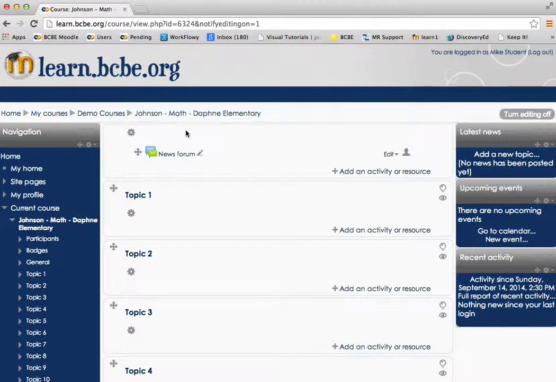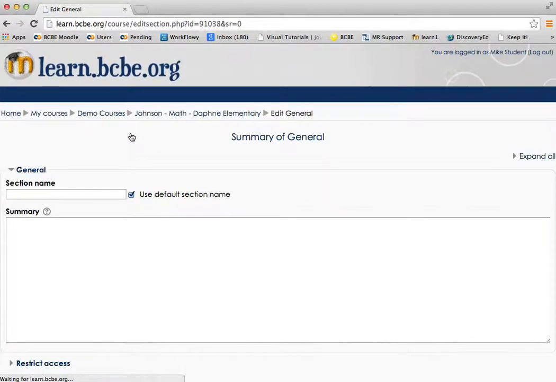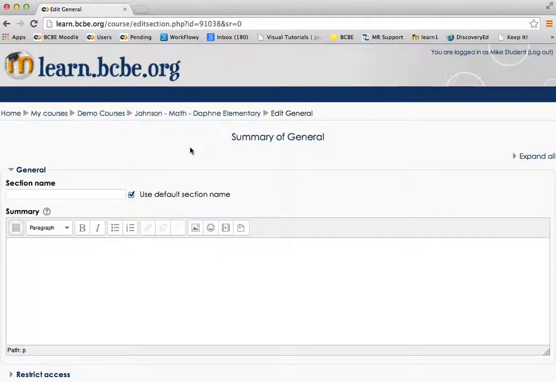We're just going to put a title up here in the top of this first box and a little welcome message to students. I'm going to click this gear icon right here at the top, and this icon, you'll see that a lot of places in Moodle. Anywhere you see that, that means edit. So you're going to be editing whatever you're closest to there. So I'm going to click this gear icon at the top of this first box,